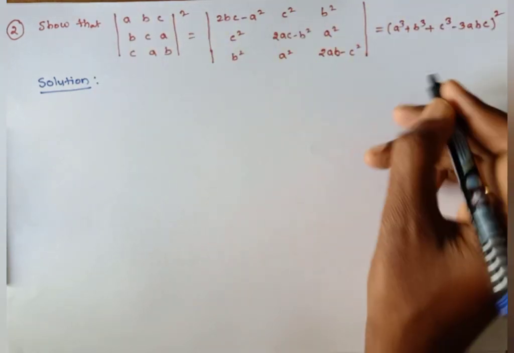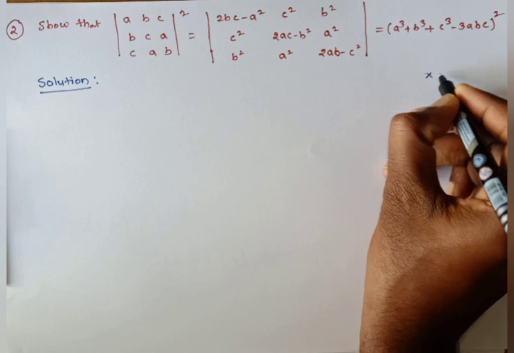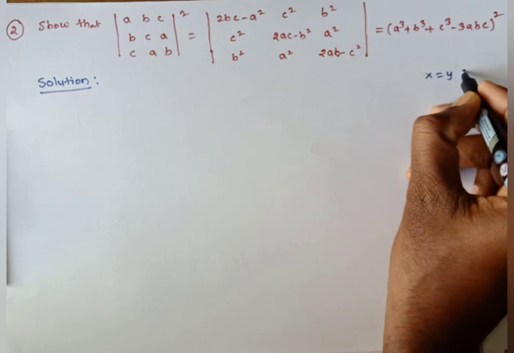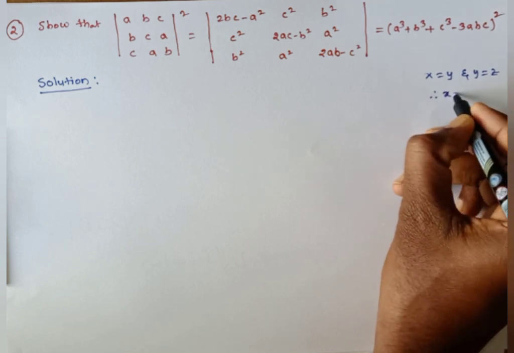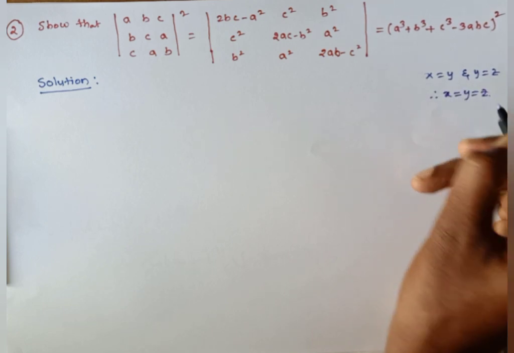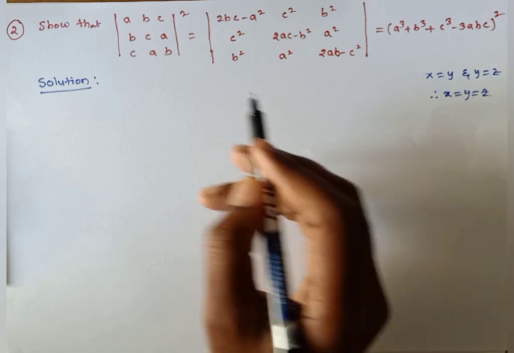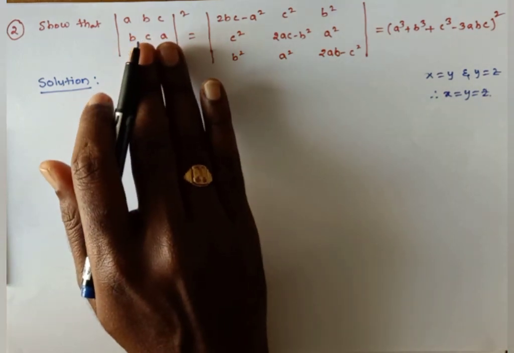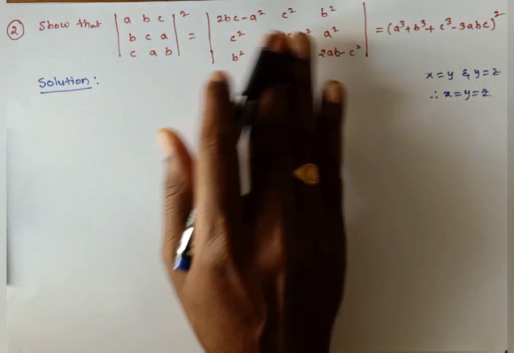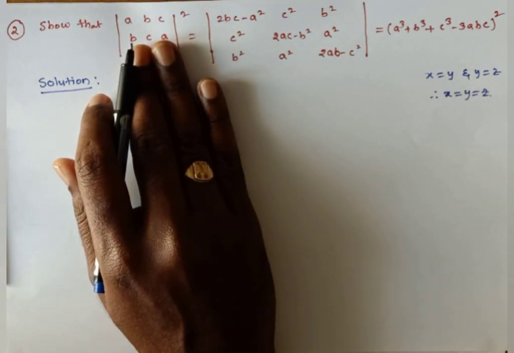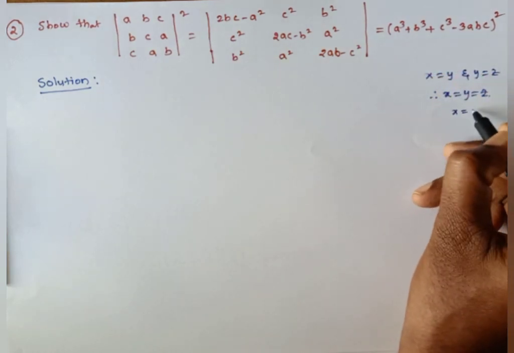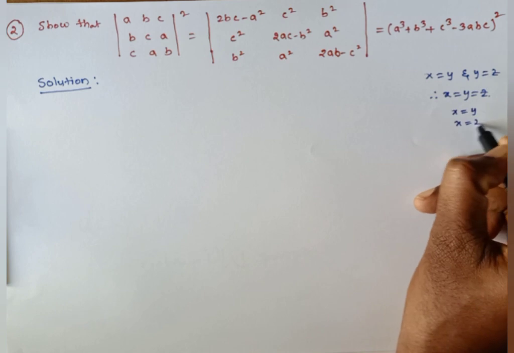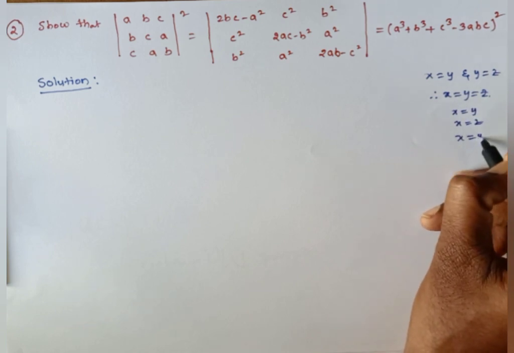See, what I'm saying is, for example, x equals y and y equals z is there. Then therefore we can write this relation as x equals y equals z. In a similar manner, you can show this using this, and using this again you use this, so you have to show this result. That means here x equals y and x equals z, therefore x equals y equals z also.